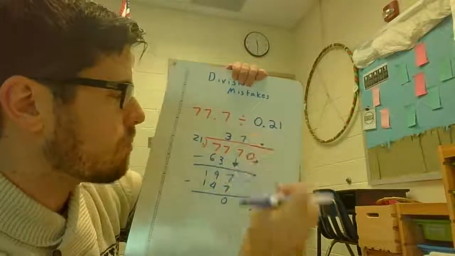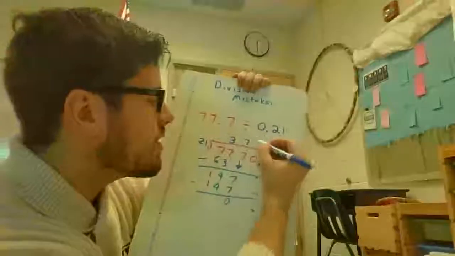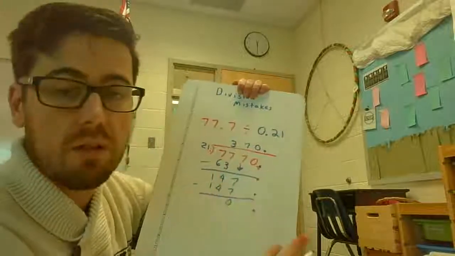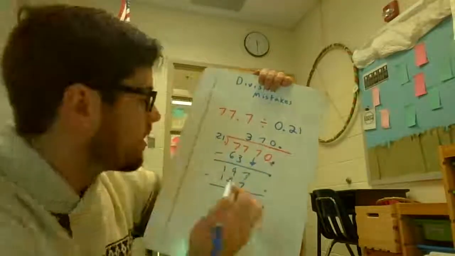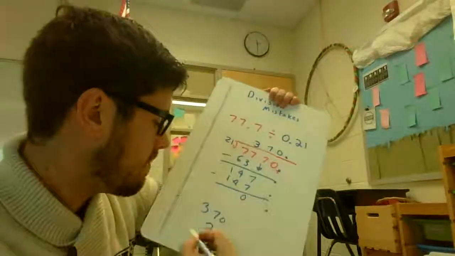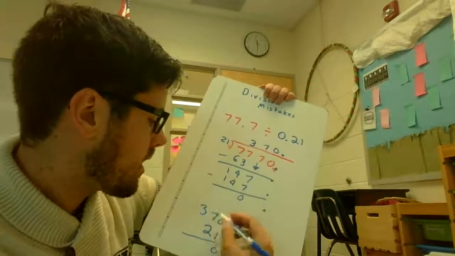This is our 1 spot. When you have a number that is not filled up, you can simply put a 0 here. Okay. Now, if you're not sure, you can use the multiply to check strategy, which basically you're just going to say 21 times 370, okay, we'll put a 0 there. 21 times 7 is